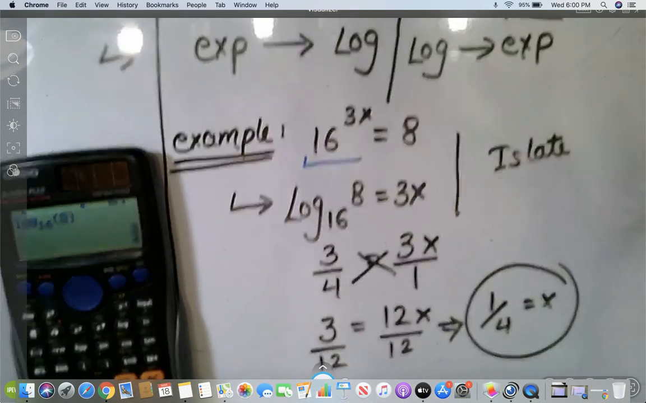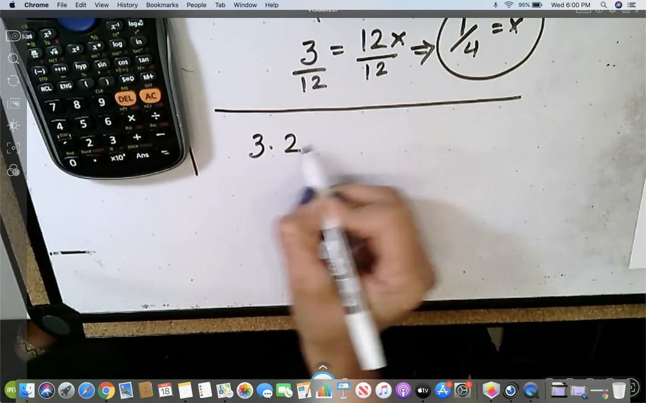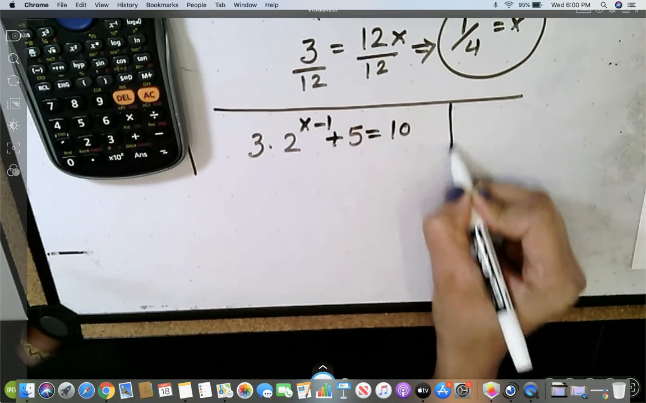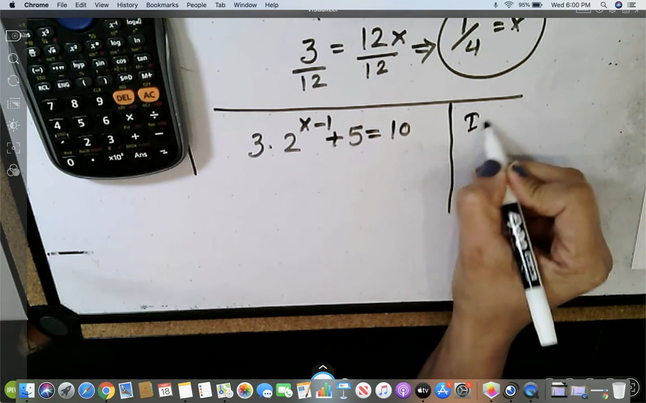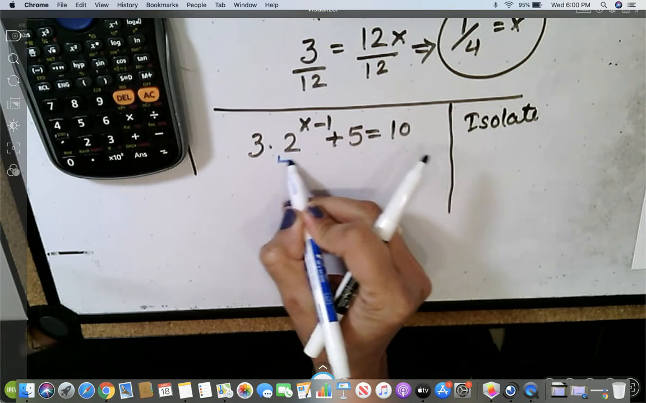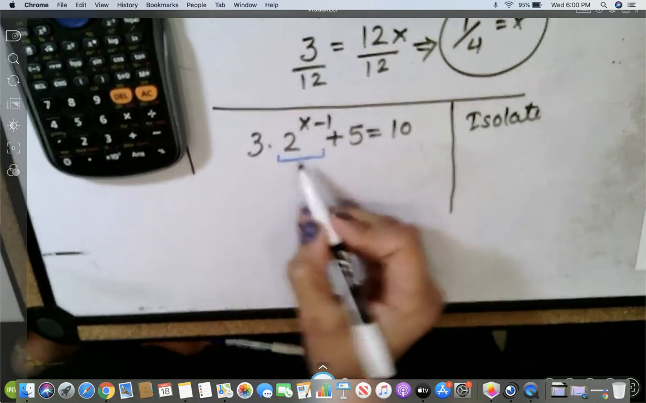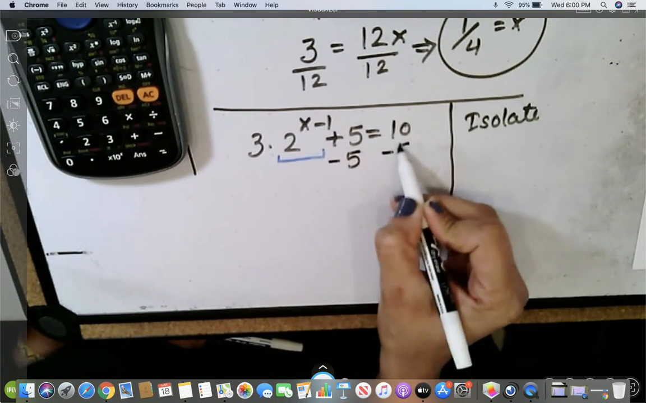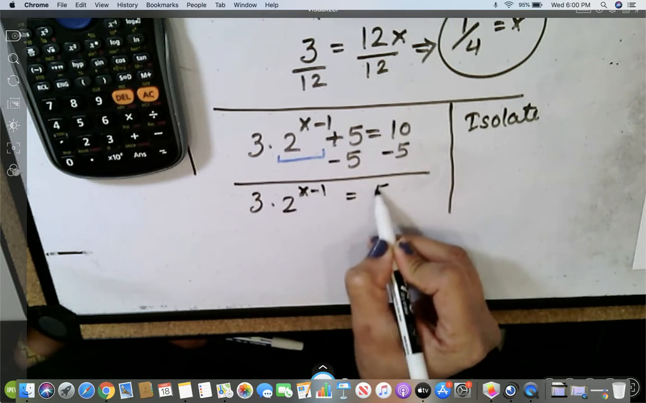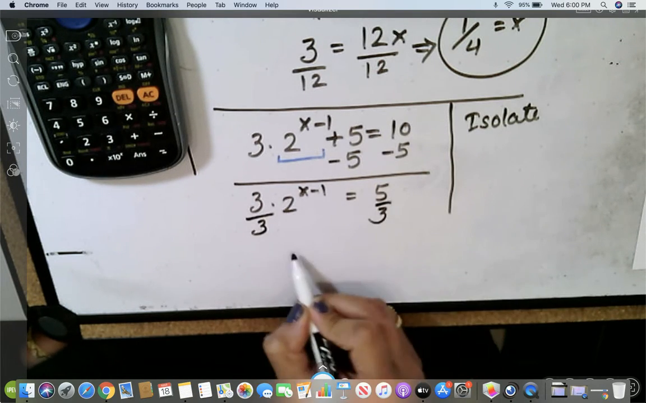Okay, so here comes my next example. So let's look at this. I have 3 times 2 to the x minus 1, plus 5, and it's equal to 10. All right, let's just follow those steps. First step, you need to isolate the exponential part. When I say exponential, I'm talking about this piece, the part that has this exponent on it. So I would subtract 5 first. This becomes 3 times 2 to the x minus 1 equals 5. I still see 3 getting multiplied, so I would divide by 3. This becomes